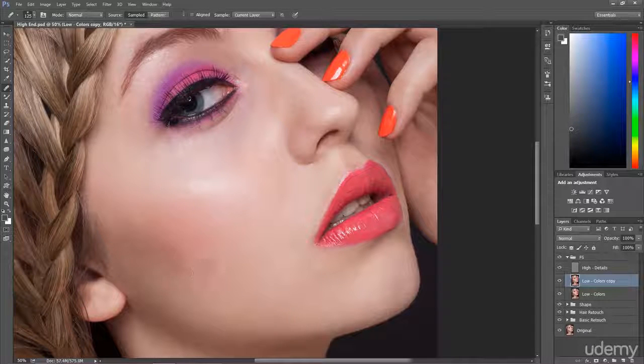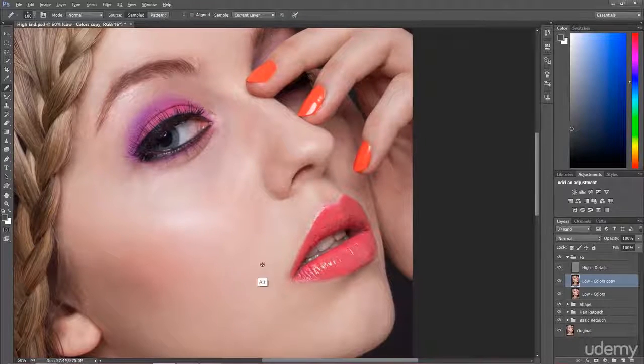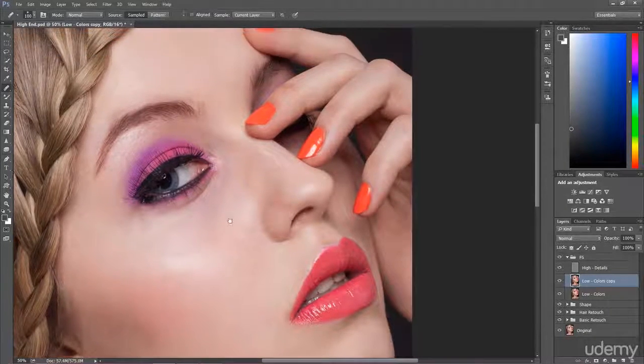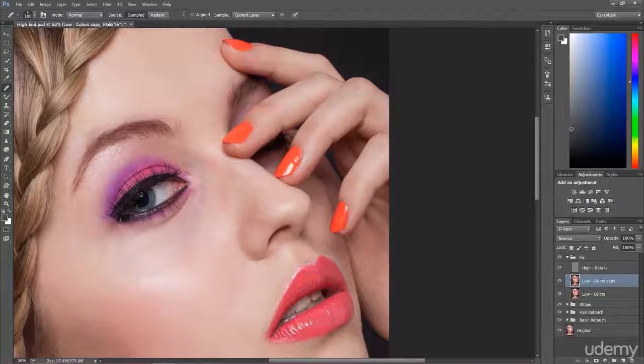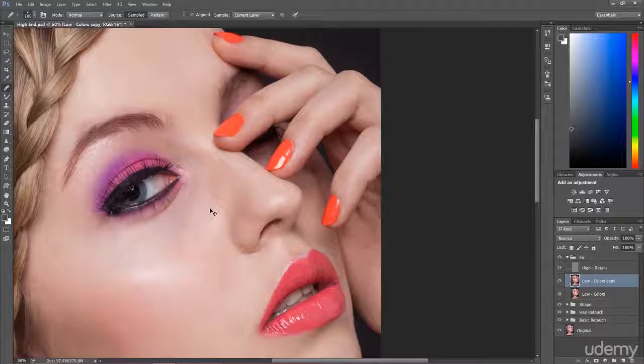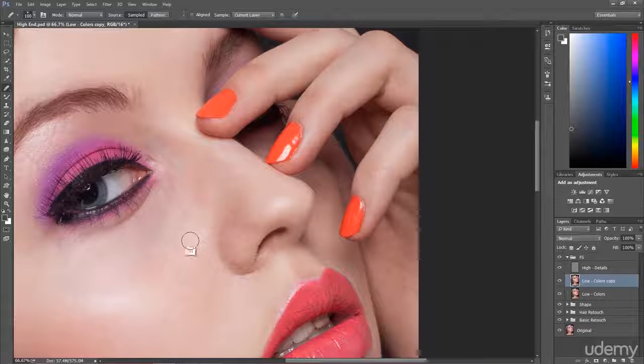As you can see here, I'm really afraid to work with a big size of the brush, so I'm choosing the small size and working very carefully here. Okay, so take a look at the forehead, it already looks much better, but take care, don't do some shadows, just work with the colors. That's my rule. With this tool I'm not working with the shadows, I'm just fixing the colors like that one,